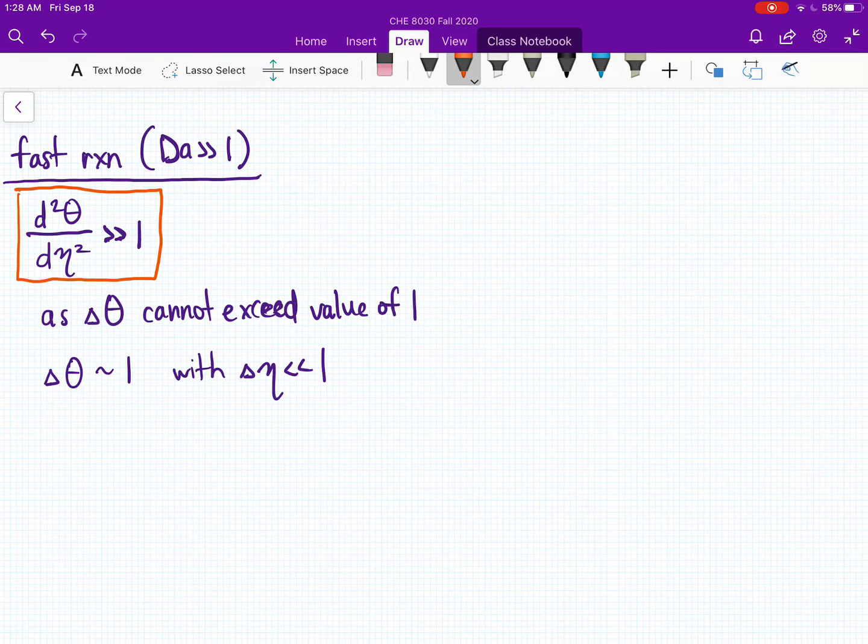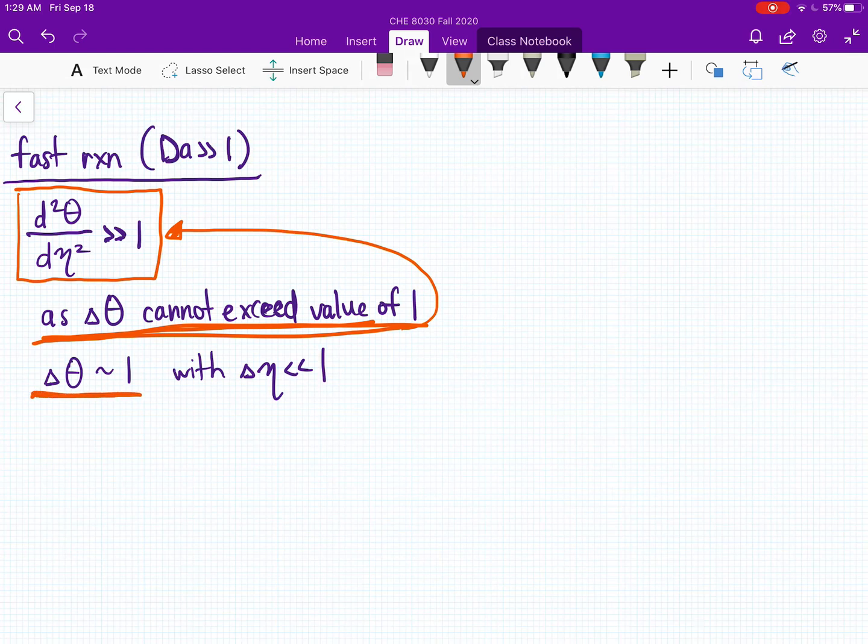Based on how we have scaled our problem, we know that delta theta cannot exceed a value of 1. Therefore, the only way for this inequality to be true is if my delta theta is on the order of